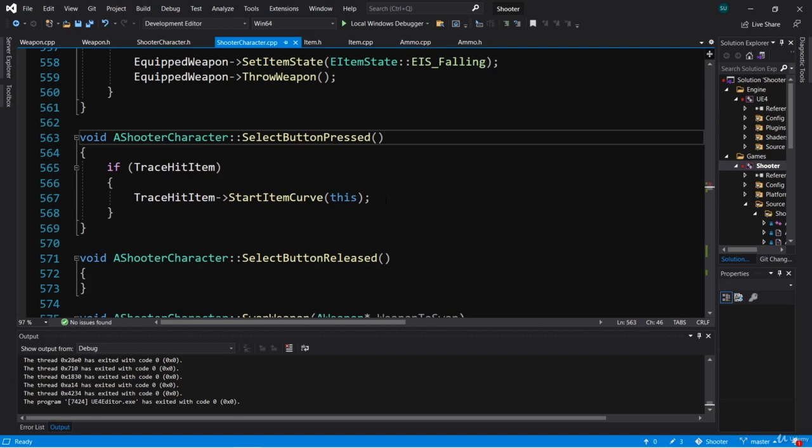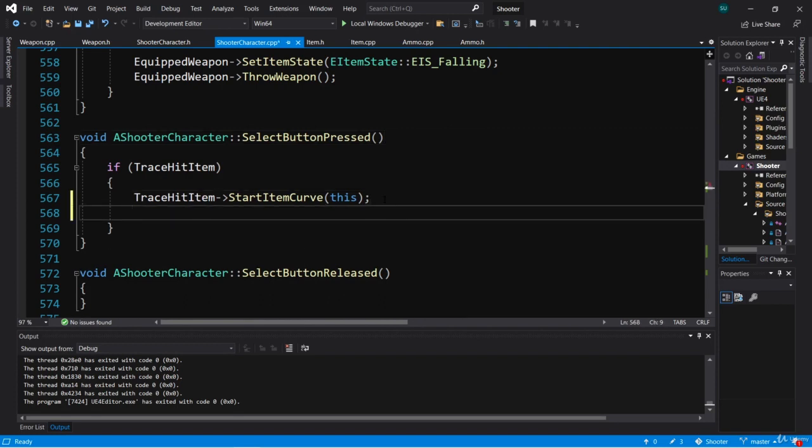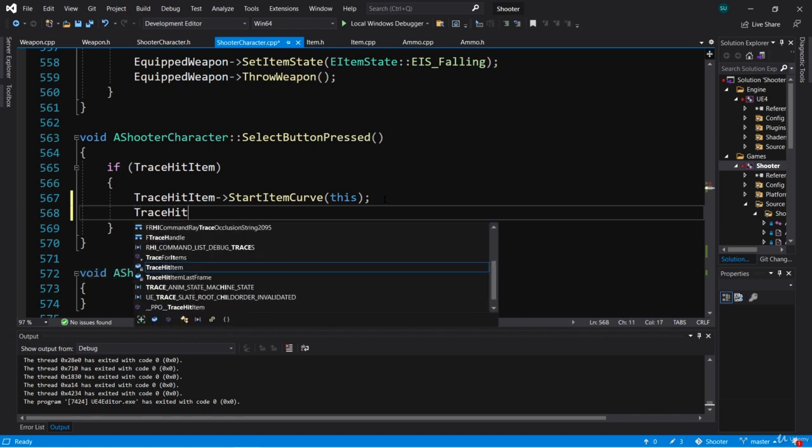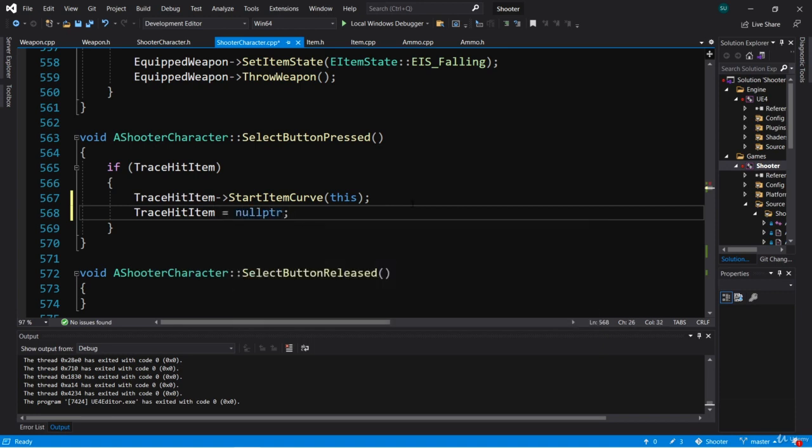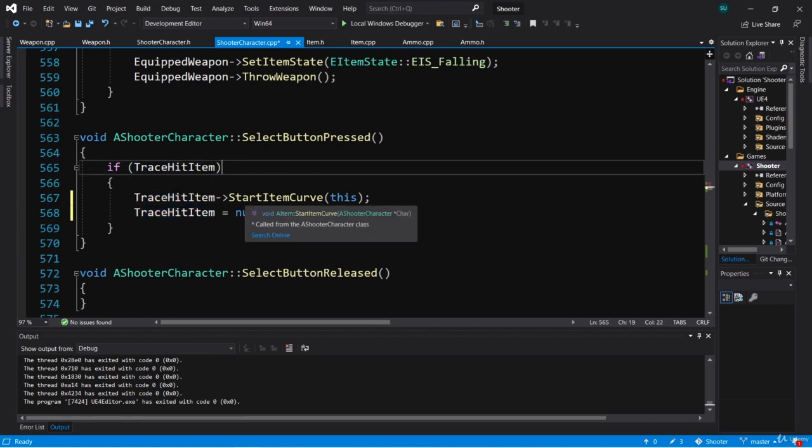First, when we start the item curve, right after that, we're going to get the TraceHitItem, and we're going to set this equal to nullptr. So that way it's not going to allow us to hit the select button again and start the item curve again when we just started the item curve. Now, the next frame, we're going to be performing the trace again, so it's possible we might set TraceHitItem